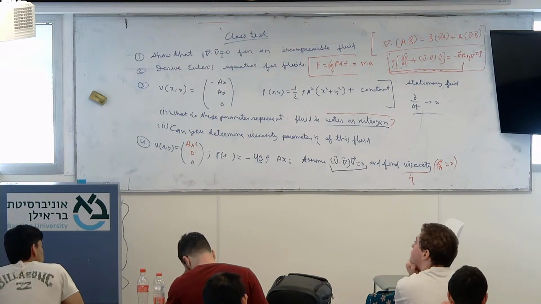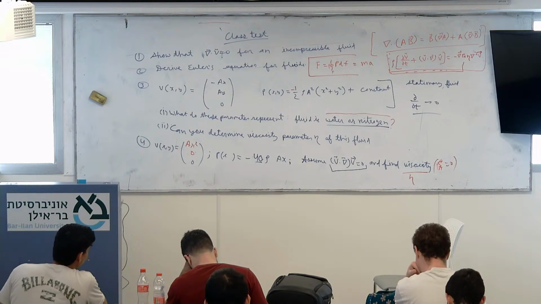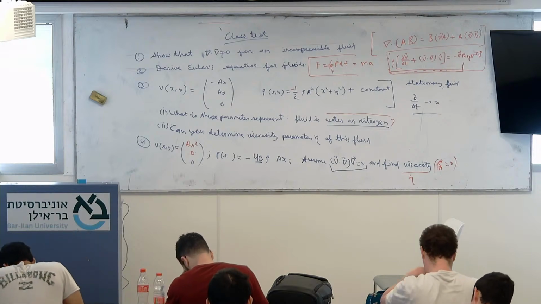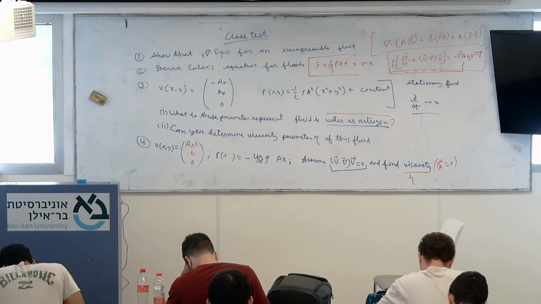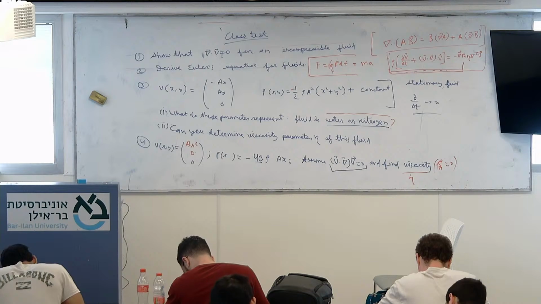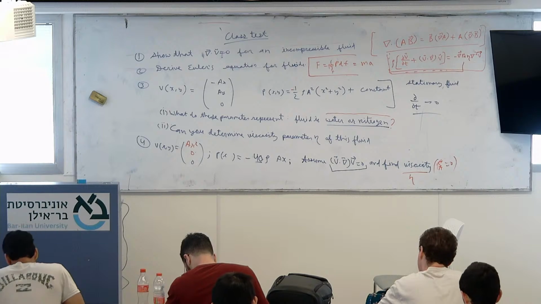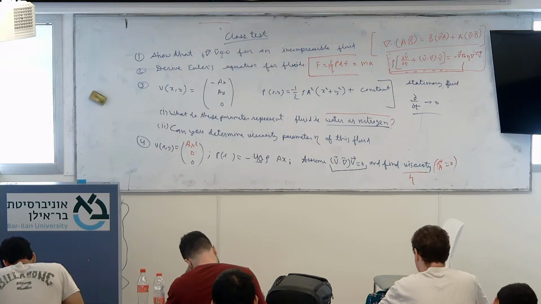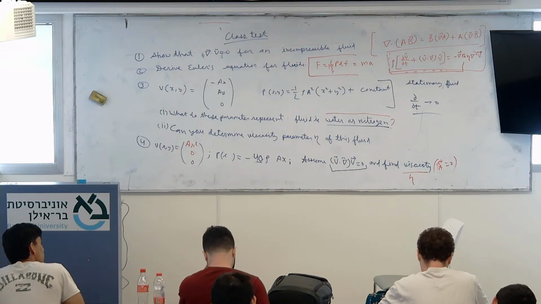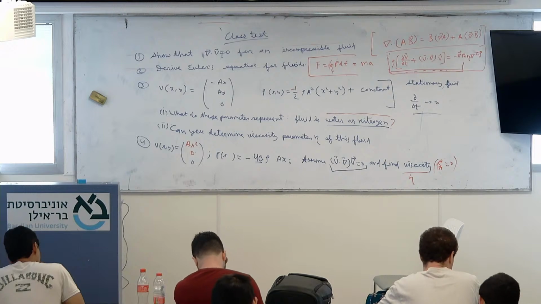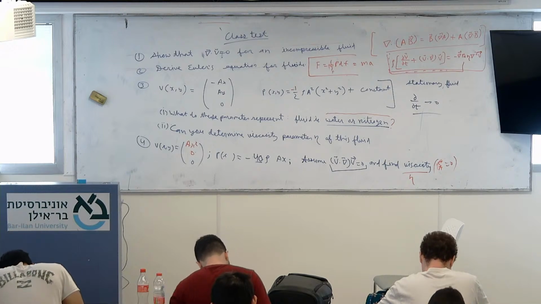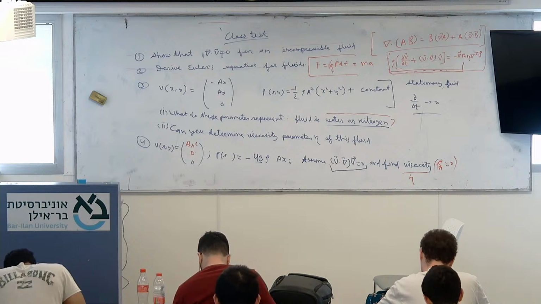F equals ma, when do we get it? But F is the integral of F. Convert this into a volume integral. Divide by